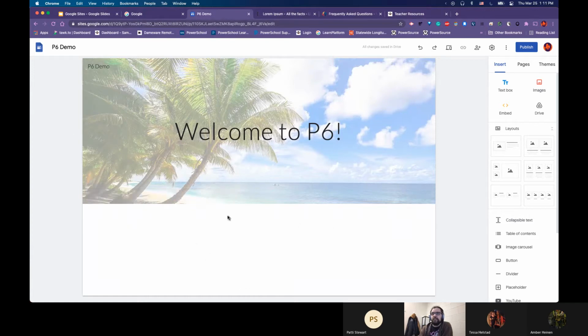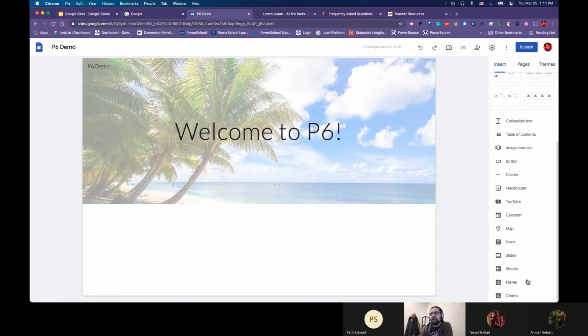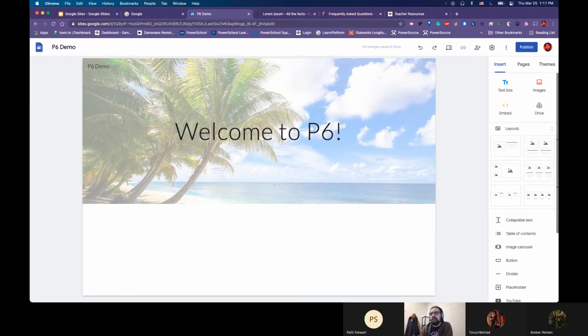And so now we've got our header set up. It's time to start looking at what we can put for content on the page. All of your content is going to be added using these options on the bar on the right. So right here, the first thing we're going to do is the simplest thing we can do, which is add